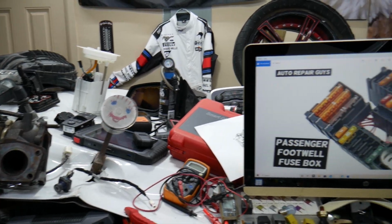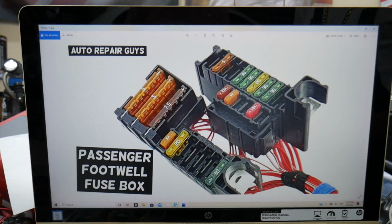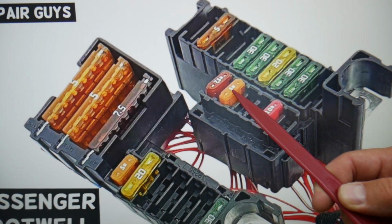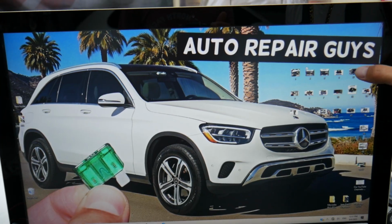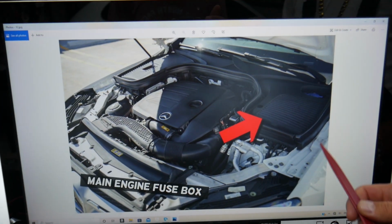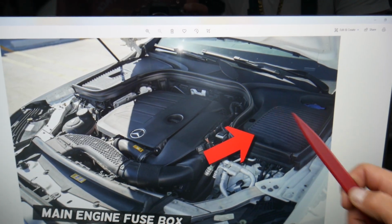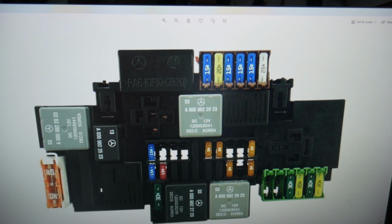And here, guys, what we need to check specifically, multiple fuses. First one in that fuse box is fuse 315. That's the only fuse in that fuse box we need to check, but then we need to open the hood. Under the hood on the driver's side, you see on the right side facing the engine, that's the driver's side, remove that cover, and underneath you're going to find the engine management fuse box with a layout like that one